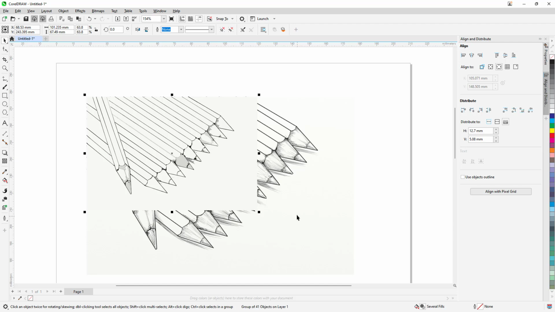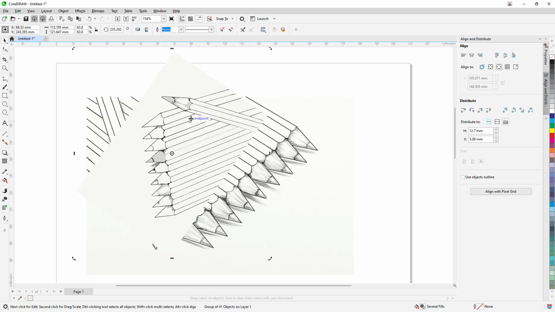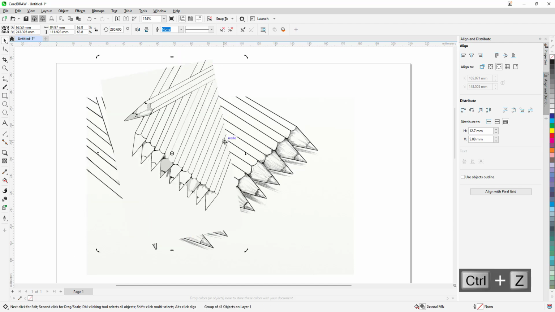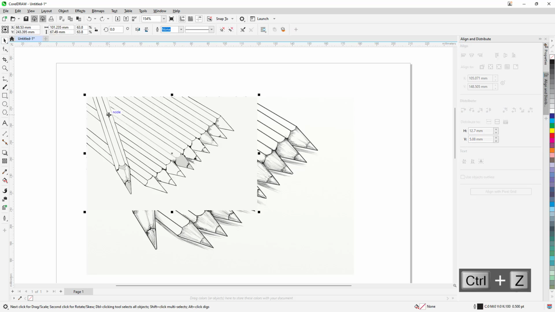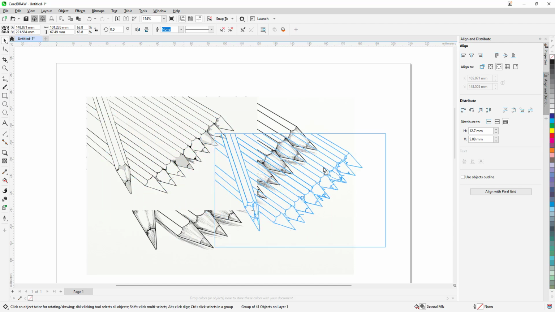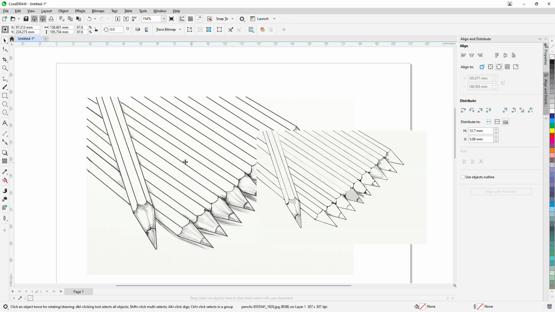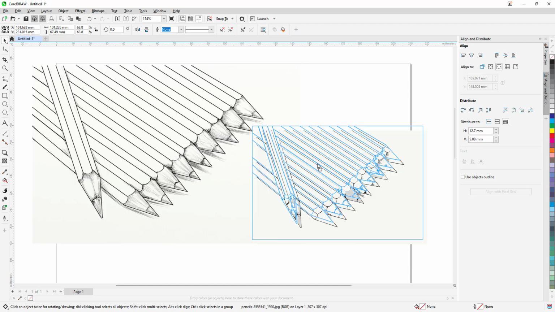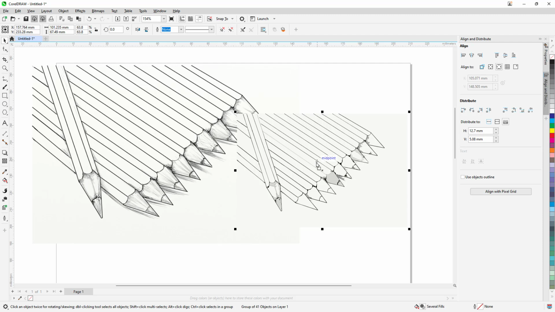So if you want to quickly trace it out, this is what you have. You can see that this comes up as a separate graphic. Let's bring this out right here. You can see that this is the original graphic and this is the traced graphic, just like this. And that is how you can utilize the quick tracing method for raster graphics to turn them into vector graphics inside of CorelDRAW. So I hope you guys learned something as